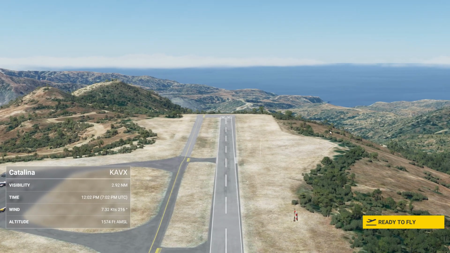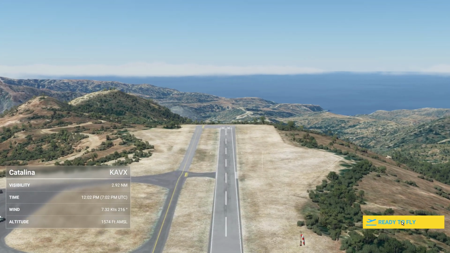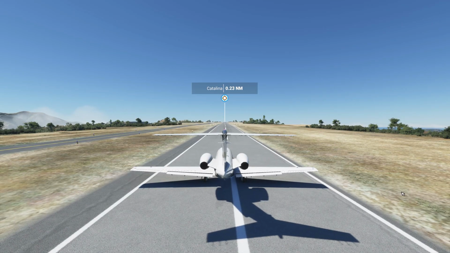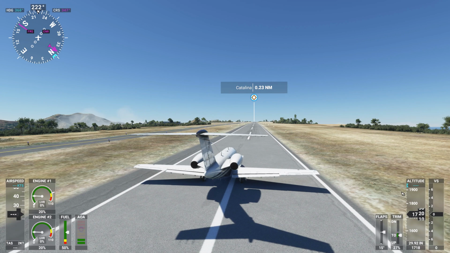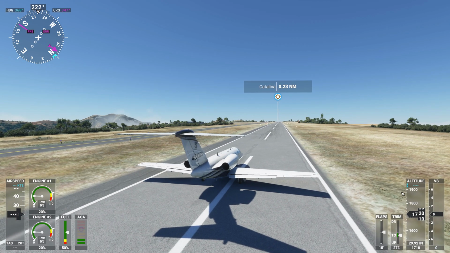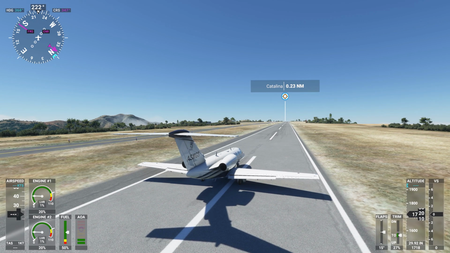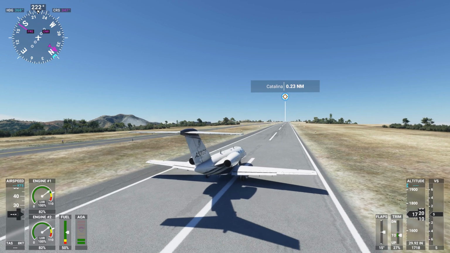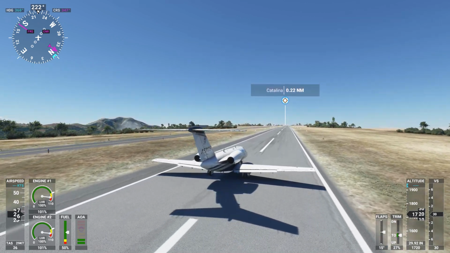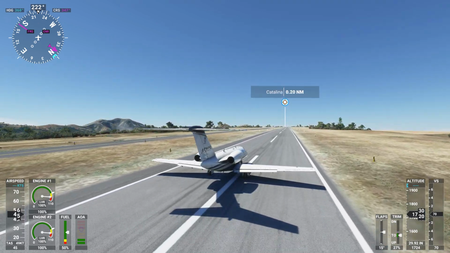Okay, so here we are at the island of Catalina, and we're going to hit ready to fly. And I need to go northwest, it looked like, so I'm not going to do much here. You're going to see the game be a little laggy here. The game has a tendency to do that, especially when you first jump in. But yeah, I'm just going to take off here, and I'm going to apologize up front for any weird flying